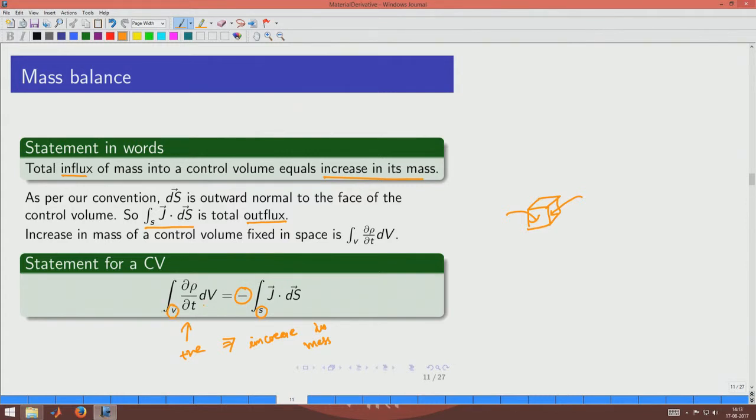Okay. And we see that instead of writing mass with a dot, which is the change in the mass, the mass is written as the integral of rho dV. Which means that it is now integrated over the entire control volume, and then this change is given with a dou by dou t. We are able to take this inside because we are writing this expression for a control volume fixed in space. We are not looking at a control volume moving in space, it is fixed in space. So, we can write it like this, and this is a statement of mass balance in mathematical expression, and here it is in English.